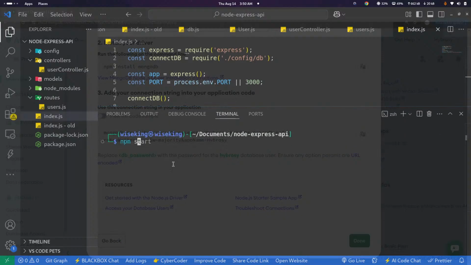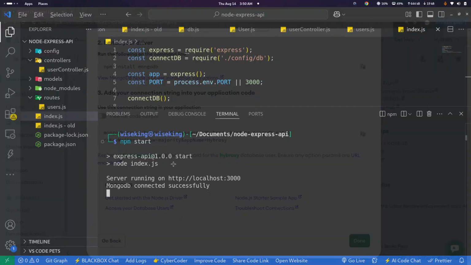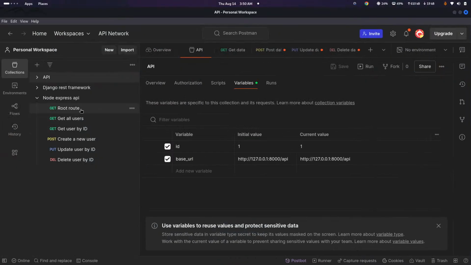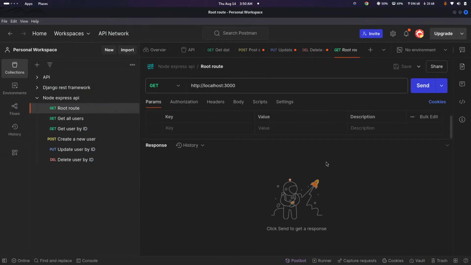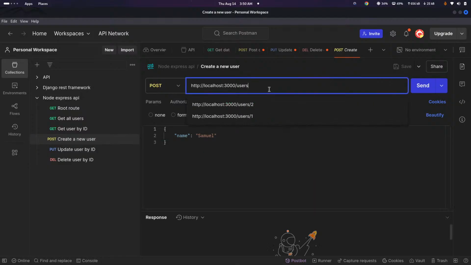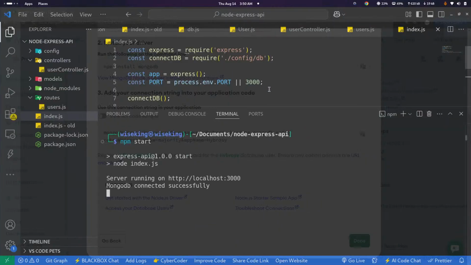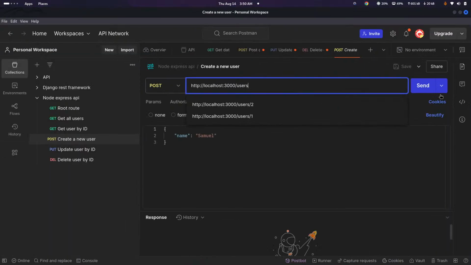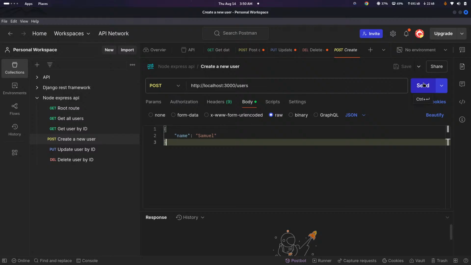I will do npm start, check if there is nothing wrong. Okay, the DB is connected well, and I will go to the root. Let me first create the user, because I need to create the user. Here the users, what port do we have? Yeah, localhost, everything is set well. If I do send,